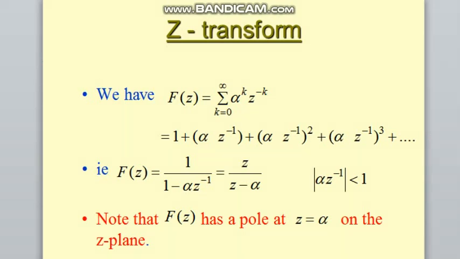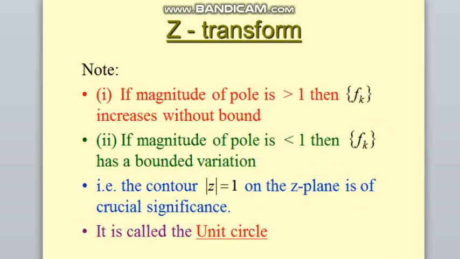So here you can see that in the z transform, if the magnitude of the pole is greater than 1, then f(k) increases without bound, and if the magnitude of the pole is less than 1, then f(k) has a bounded variation. The contour z on the z plane is of crucial significance. It is called the unit circle. Okay,